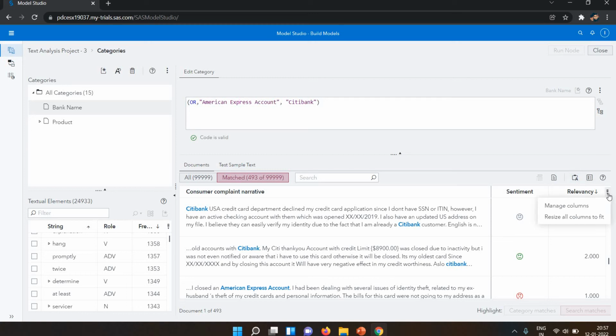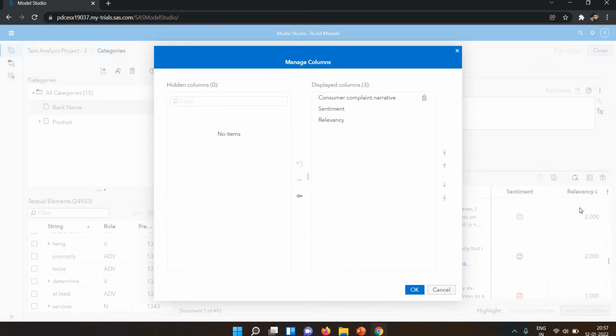Now you can see below we have the match column and resize columns to fit. If I select Manage Columns, you can manage your columns, which columns you want and which you want to hide. Let's suppose I want consumer, I want sentiment, and I want to hide this.